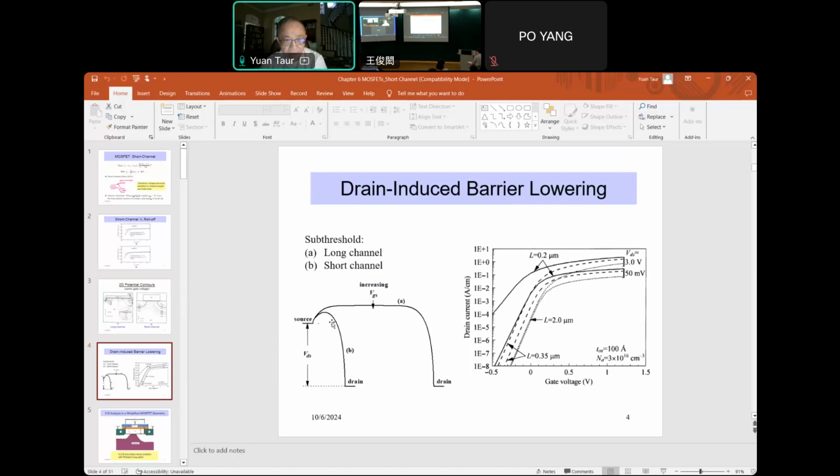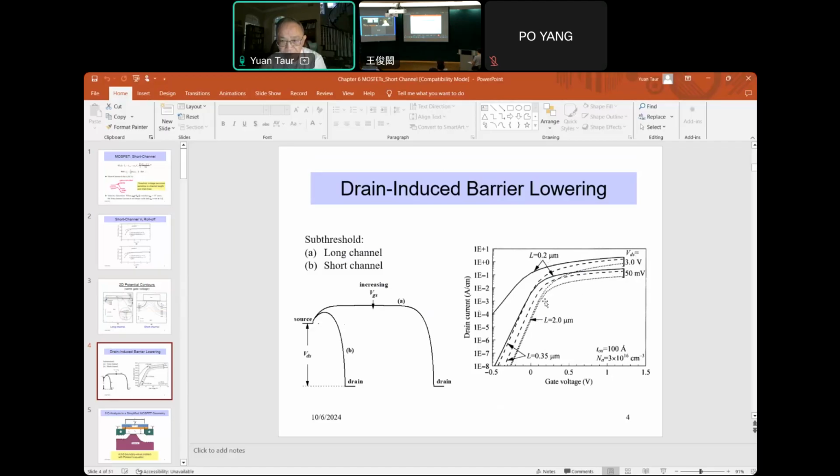Okay, and we can also see that in the measured current. Here's the measured drain current versus gate voltage for 3 devices. Long channel 2 micron, short channel 0.35, shortest is 0.2. Each channel has 2 biases, low drain VDS 50 millivolts, high drain VDS equal to 3 volts. For the long channel 2 micron device,